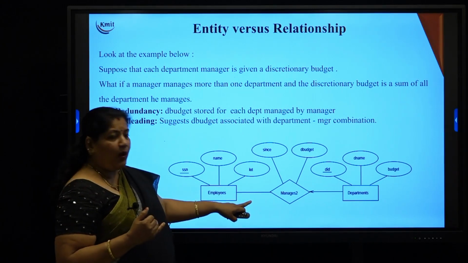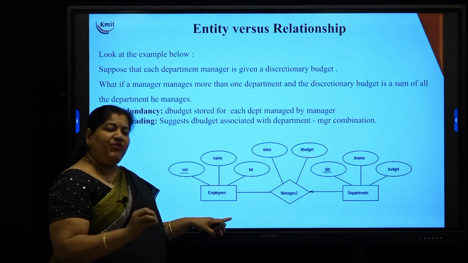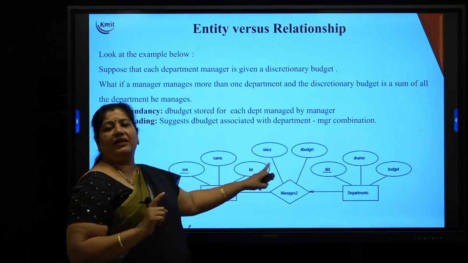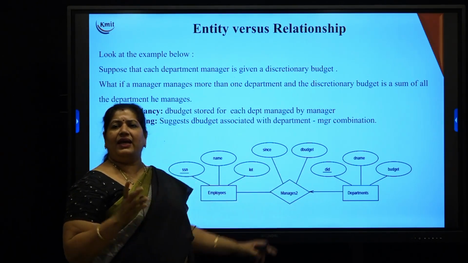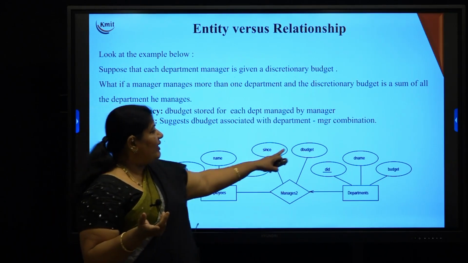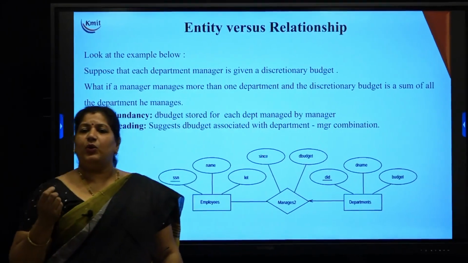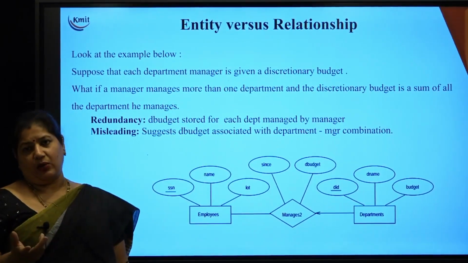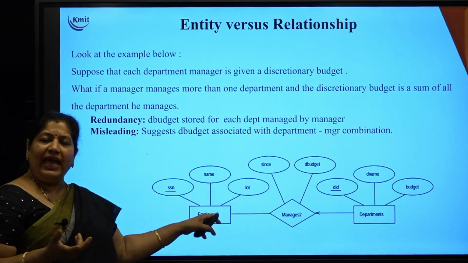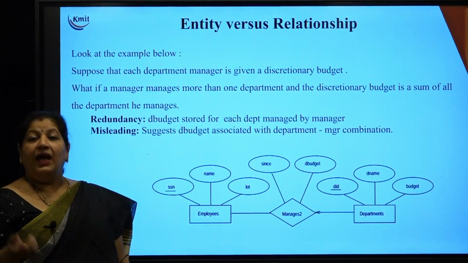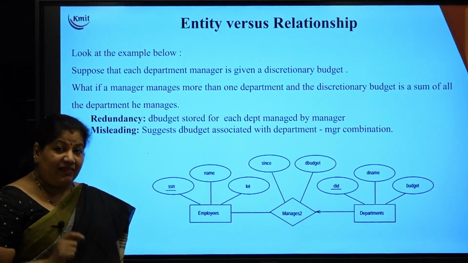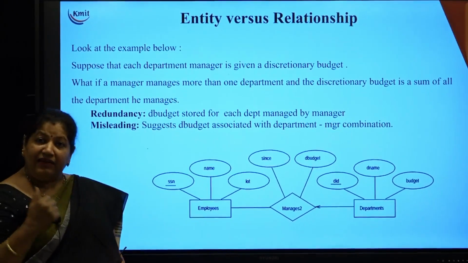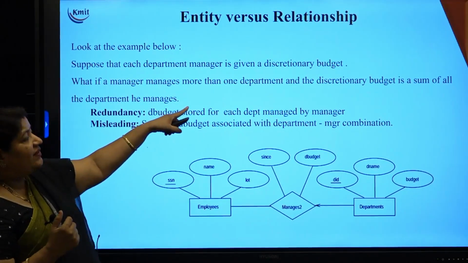If each employee manages only one department, this kind of ER diagram will work fine, because I just have two attributes, since when he is managing that department and what budget is allocated, which can go into any of the owner entities. Now, when an employee manages more than one department,